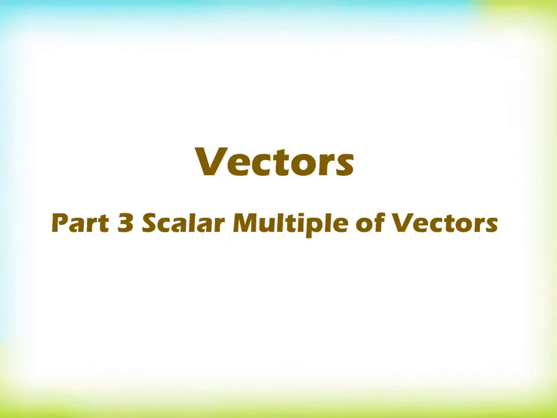Vectors Part 3. Scalar multiple of vectors. What do you mean by a scalar multiple? Scalar multiple means a number of times of the vector. For example, if I were to have the vector AB to be (1, 2), meaning 1 unit on the x-axis and 2 units on the y-axis, I will have a vector A to B